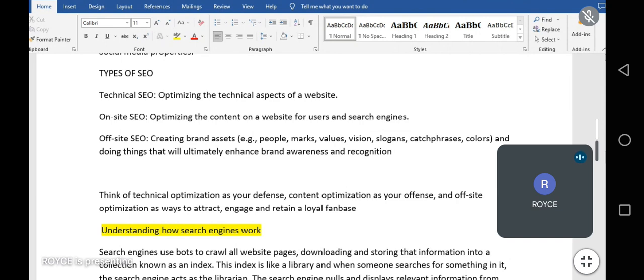Let's look at the on-site search engine optimization. On-site search engine optimization, basically it's talking about optimizing the content on a website for users and also the search engines. Remember, I've been emphasizing this point that content, you create it first for the users and second for the search engines, right? Okay, so under on-site, some of the things that you can do to make sure that your content is optimized for both the users and the search engine is,